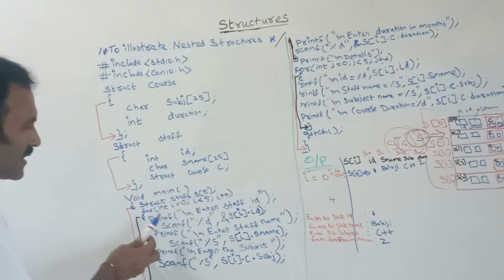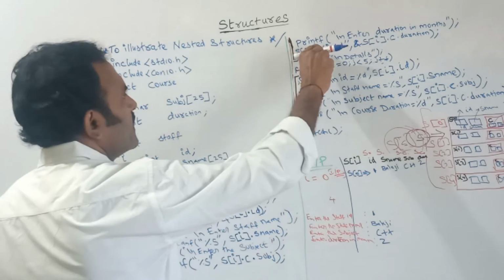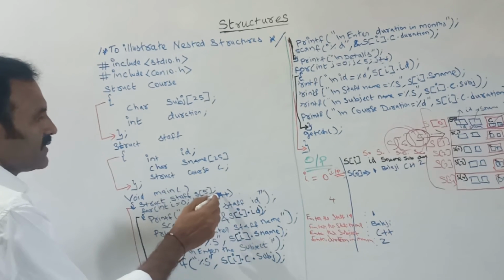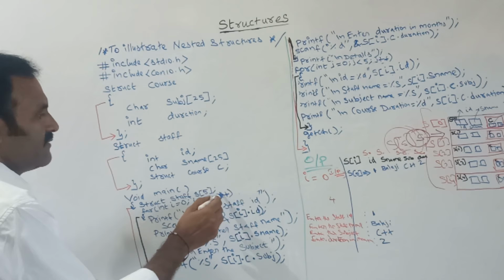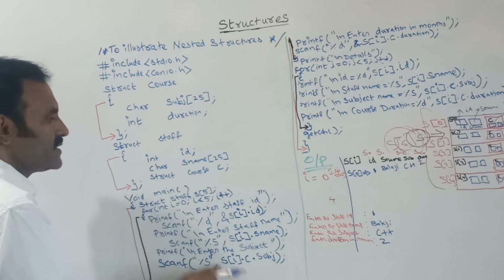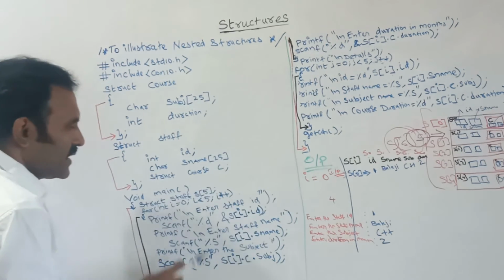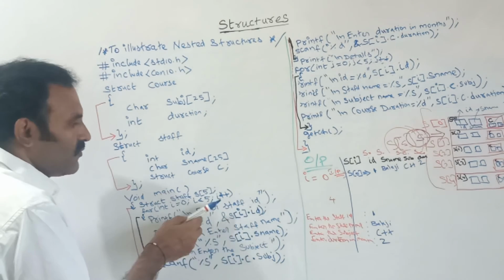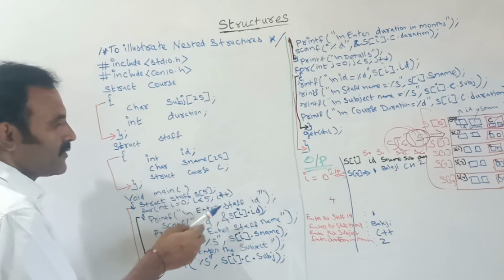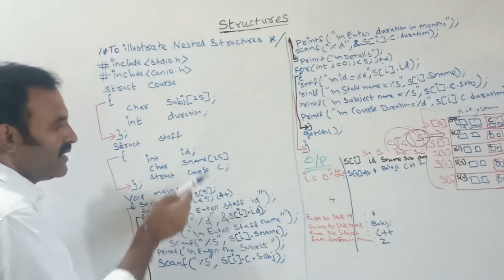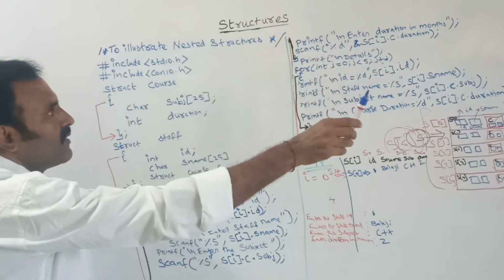After completing the first iteration, the I will be incremented. Each and every time after completing an iteration, the I value will be incremented and it will check the condition. If the condition is true, it will go inside again. If the condition is false, it will come outside of the for loop. So the condition will be true from the 0th to the 4th position. 1 will be incremented to 2, 2 to 3, and in a similar way up to 4. Once 4 is incremented to 5, the condition is false, so it comes outside and goes to the second loop.